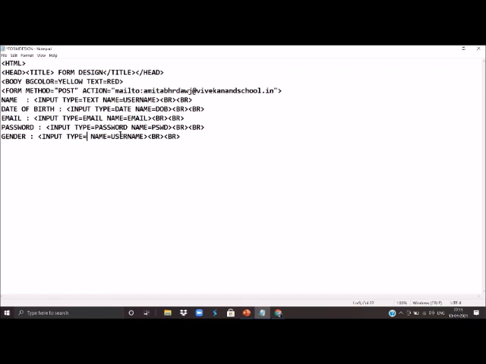and radio buttons are used when we allow the user to select only one option out of the given options. A person can have only one type of gender, either female, male or others. So when we want the user to select only one option out of the given options, then we use the type as radio. So it will display radio buttons, and we can give it the name as gender,